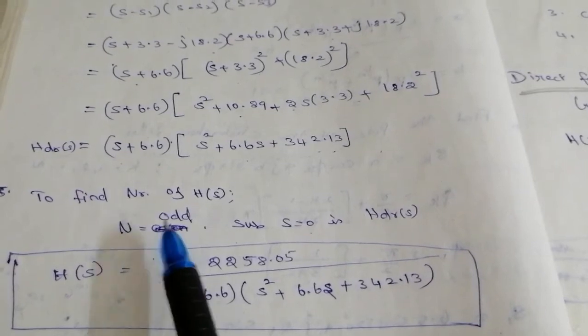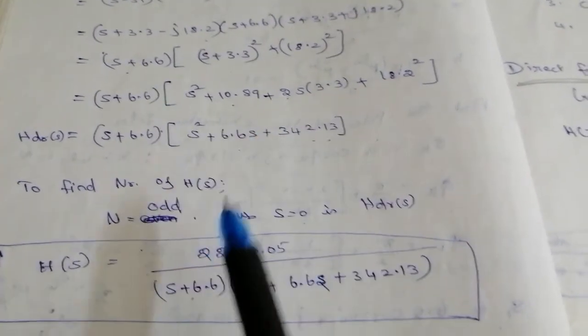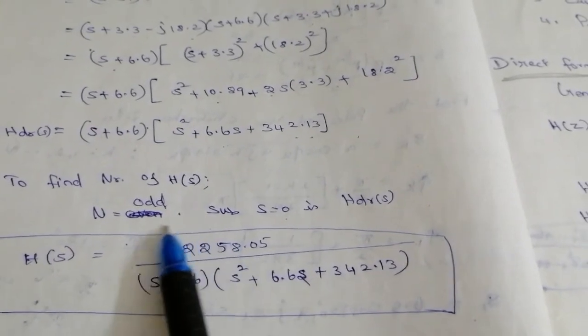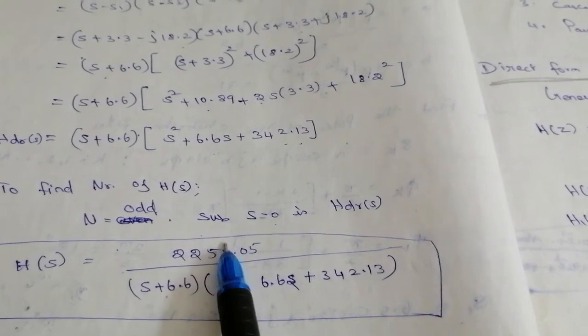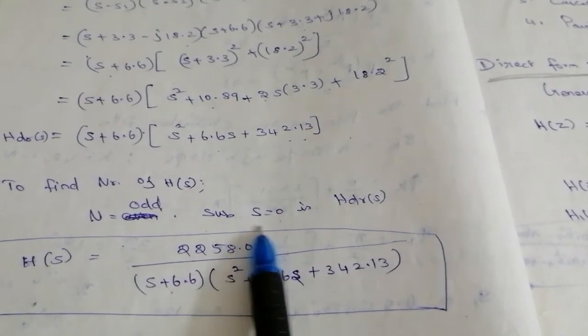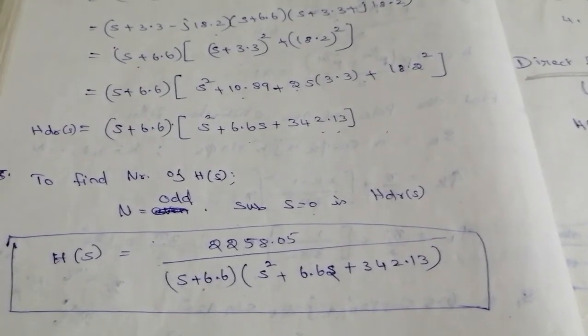Whereas if n is even, the same approach applies: substitute s equal to 0 and we get this answer. This answer is divided by the root of 1 plus epsilon squared. After that simplification, the final answer is substituted here for n equal to an even number. Is it clear?